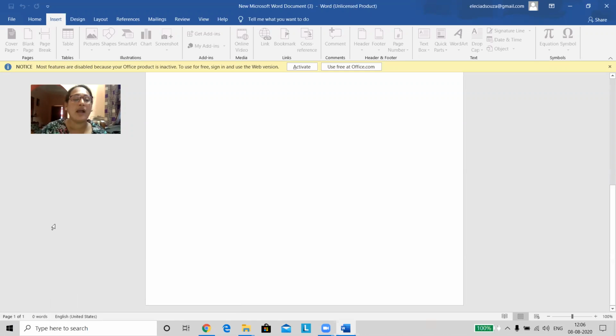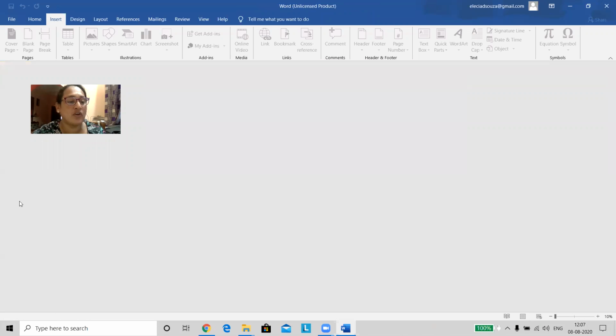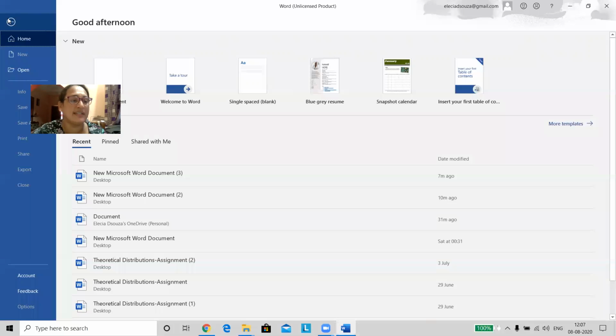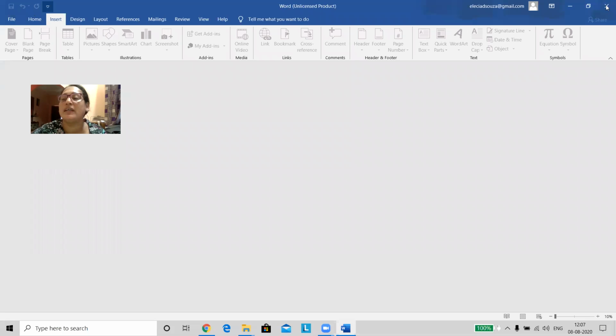And now finally, how to exit Word, how to close Word. So first we have to go to File and then you have to give Close. When you're closing, the document window is closed. The application window is open. You can see there, this is the application window. So to close the application window, you have to go either to File and give Exit, or you have to come here to the control box and give Close.